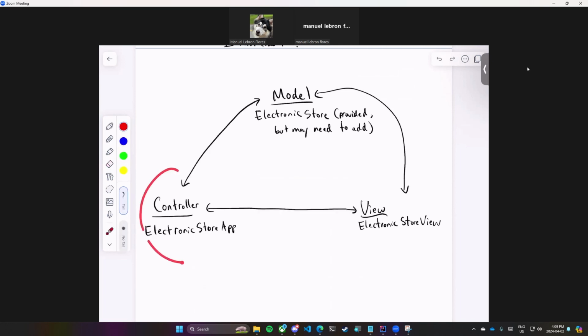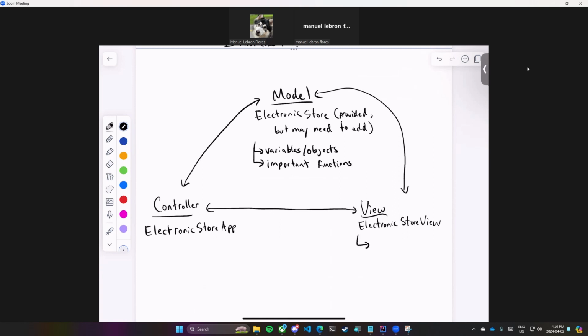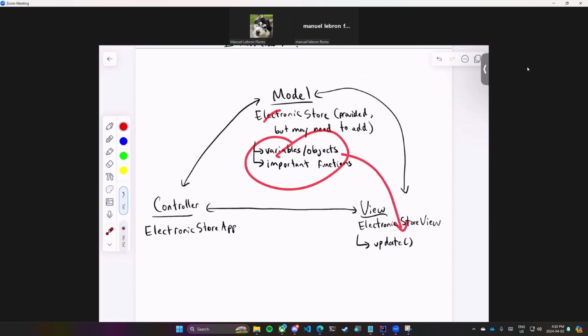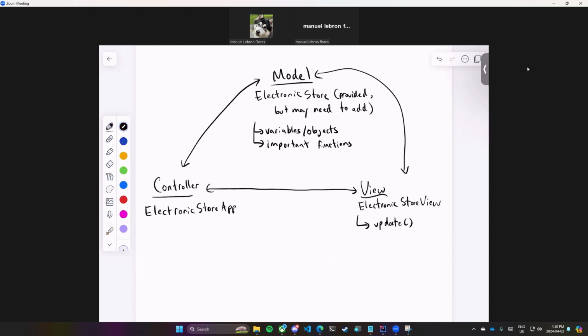It's probably going to be through the controller here, right? So you need to understand that. The model is going to have the variables and the objects, and it's going to have the important functions. Meanwhile, your view is going to have the update function, the also important update function. When update is called on the view, it reads in the model whatever data is here, and the update makes sure that the GUI looks like whatever's here right now. That's what update does. And then you have the controller, which is going to be in charge of the handlers,